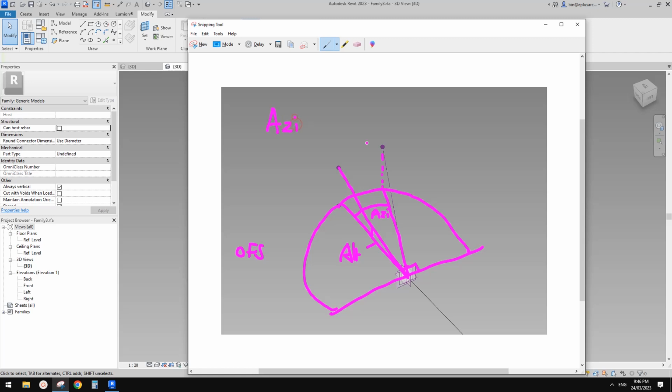One is this angle, the other one is ALT. So once we have these two angles, we can calculate this, because in this triangular shape, I'll just draw it here, that's the right angle, 90 degree, and this is offset, OFS,